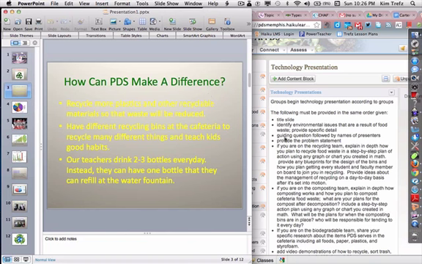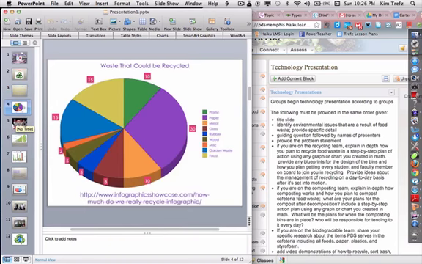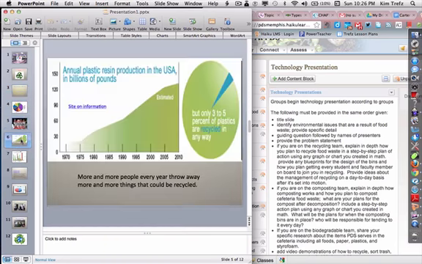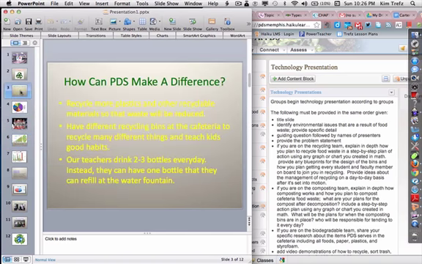So I need that guiding question, and then I need the problem statement, and I'm not seeing the problem statement anywhere. That problem statement can also be found on your packet at the very top where we stated the problem and what your hypothesis was for going about solving that problem. You are on the recycling team.